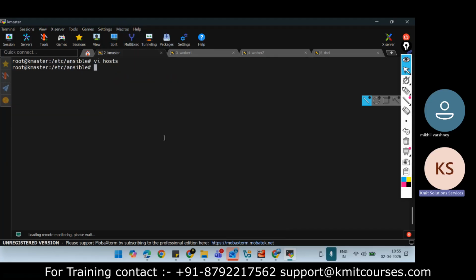Now what I will do is create the SSH key. The command on the master server, I'm creating a public key, is the ssh-keygen command. It will generate the key.